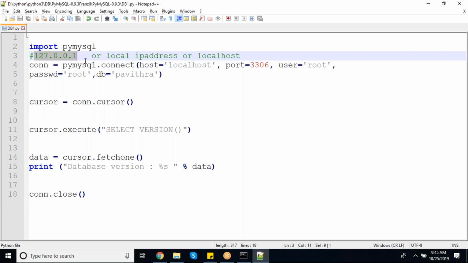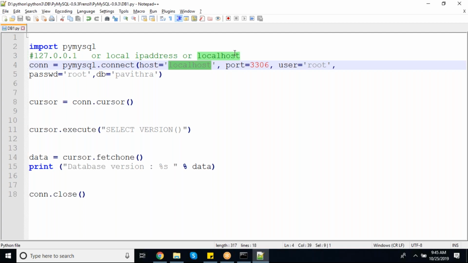Clear, right? No, my database is there in some other remote machine which is connected in the LAN network. Then you have only one option, that is that remote machine's IP address. Clear, right? So first parameter, host address, that is IP address or localhost, whatever it is, you have to mention it